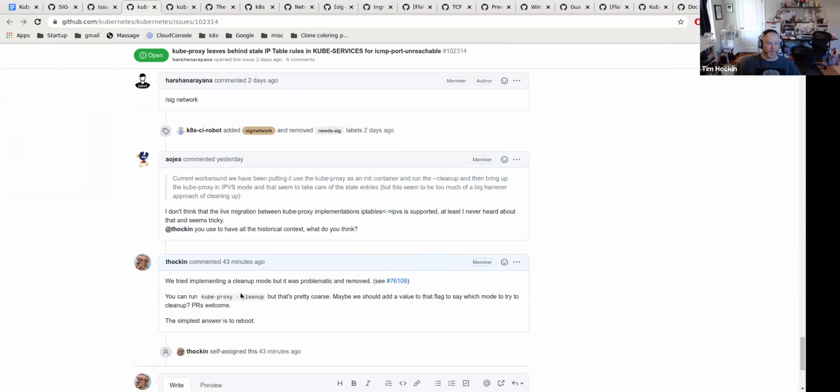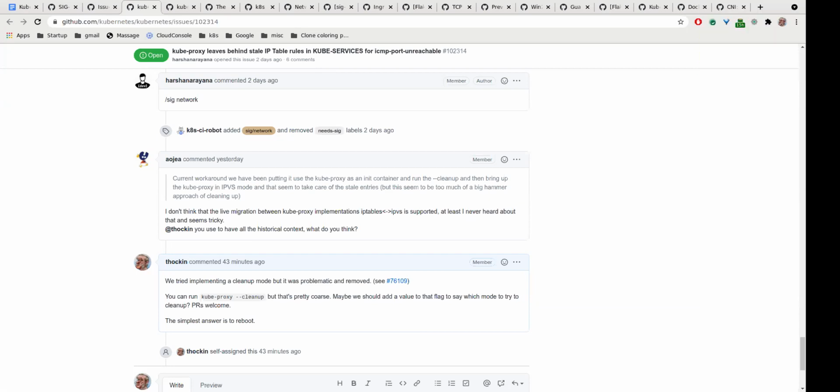I wonder if it's worthwhile adding a --cleanup=iptables to force it to only try iptables for these sorts of use cases. There were two cleanup flags, and someone fixed one of the cleanups a year ago. That was Valerie, in version 1.15. But yeah, there were linked bugs because it was trouble.